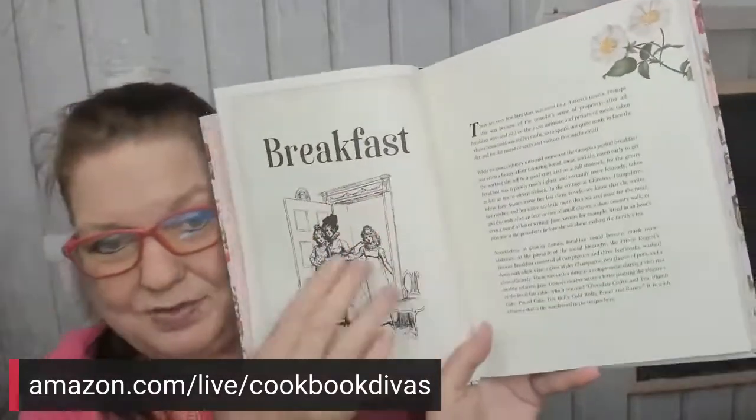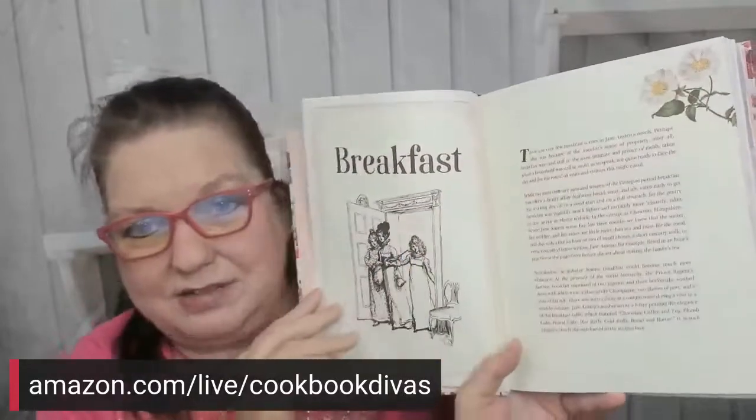So let's get to the breakfast chapter. We have a black and white illustration here and a cute little flower here. There are very few breakfast scenes in Jane Austen's novels. Perhaps this was because of the novelist's sense of propriety. After all, breakfast was, and still is, the most intimate and private of meals, taken when a household was still in mufti, so to speak, not quite ready to face the day for the round of visits and visitors